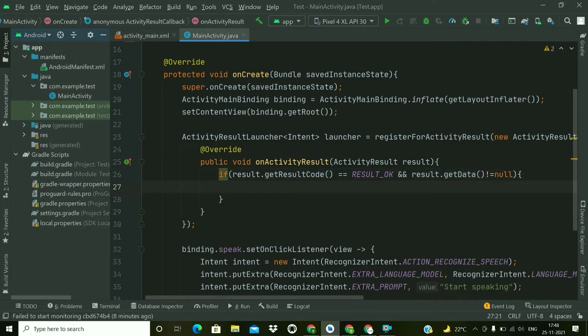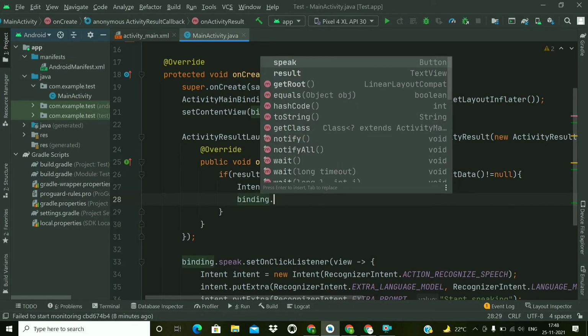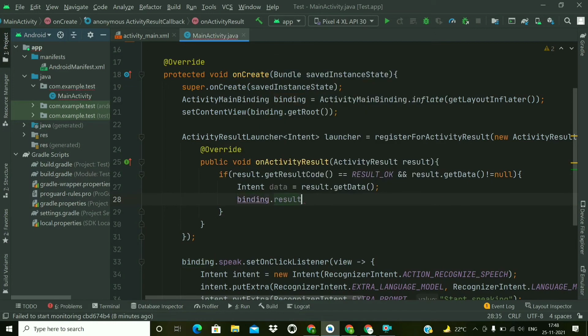Now in this callback method, in this condition, we will get the data intent. So intent data equal to result.getData. Now we will get the string from the data, and we will assign it to this text view.